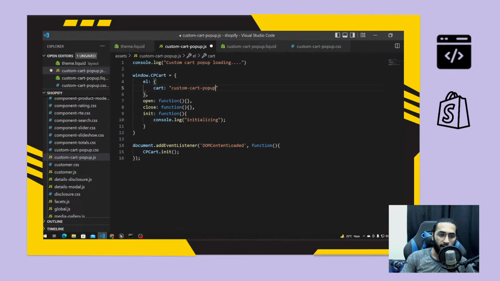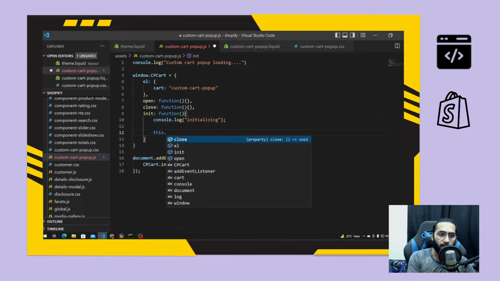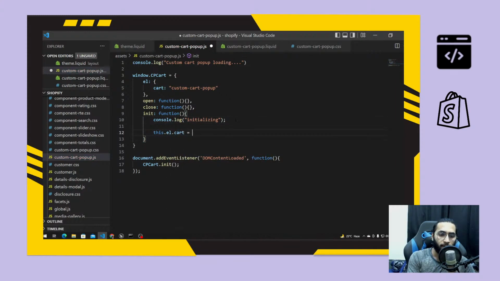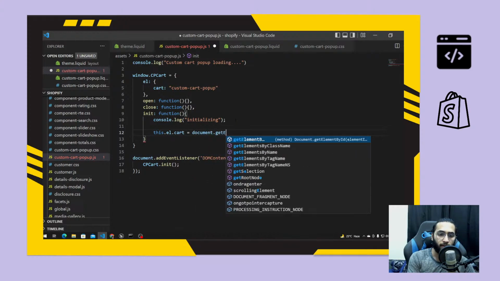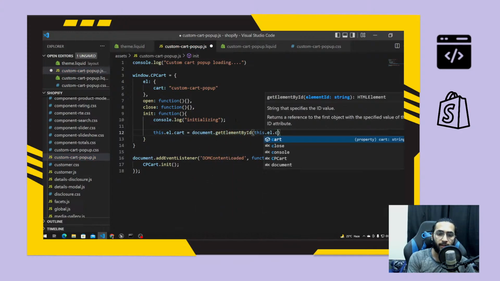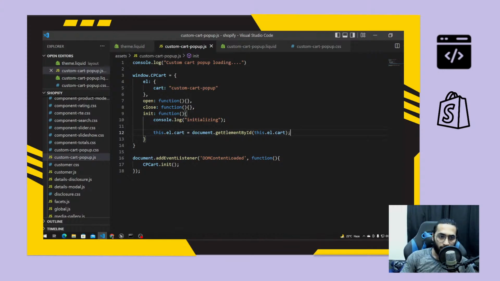I'll just not do hash, right? So custom cart popup, and over here in the el, let's just say in the init we say this.el.card equal to document.getElementById this.el.card. So